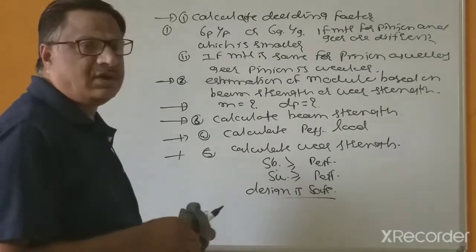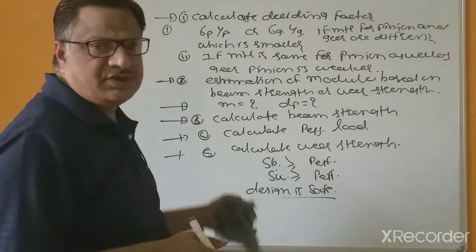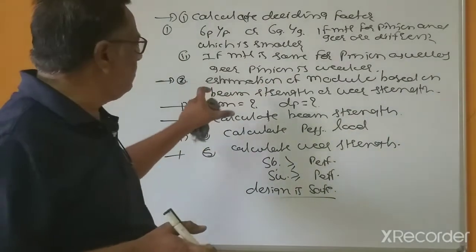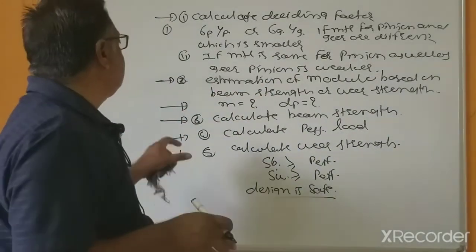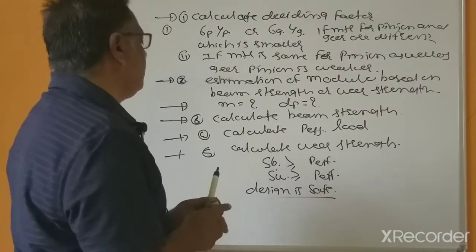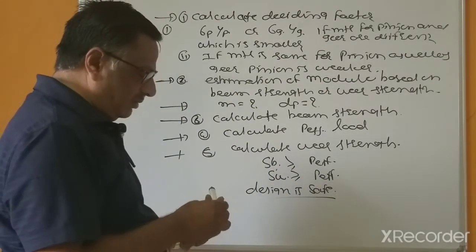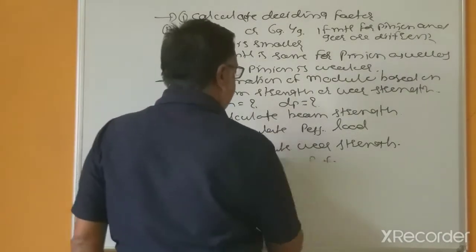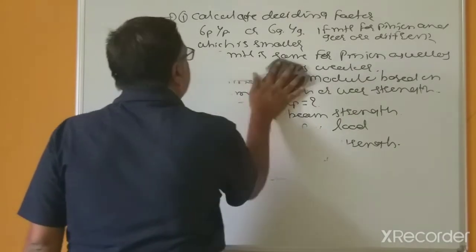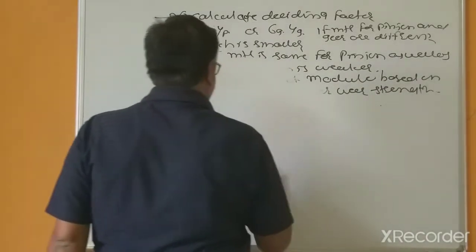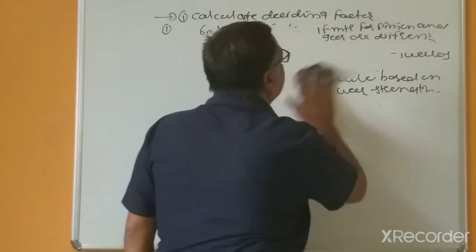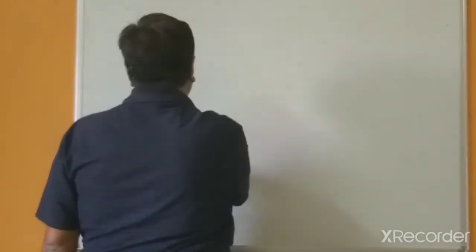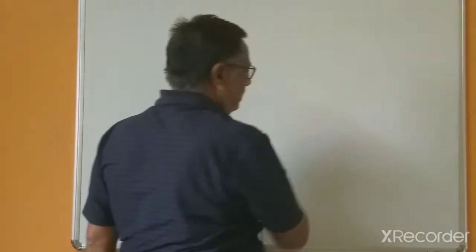This is the brief design procedure, and a similar procedure applies for helical gears and bevel gears. Only the beam strength is different, and the wear strength has slight changes in the formula, but this is the same procedure we have to follow for the design of helical gears and spur gears. So today we will see the first problem. Please note it down. Due to limitations of space, we have to erase that theory.